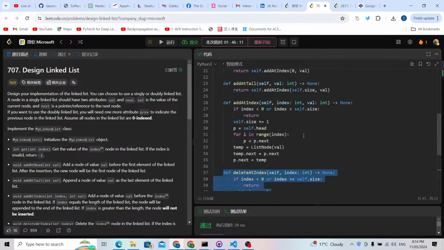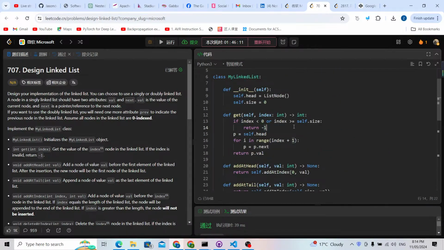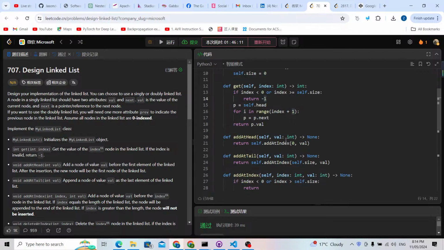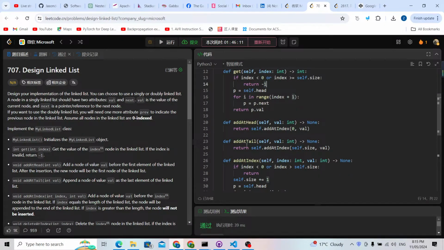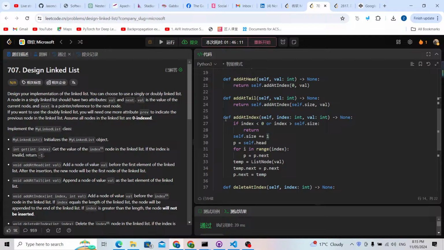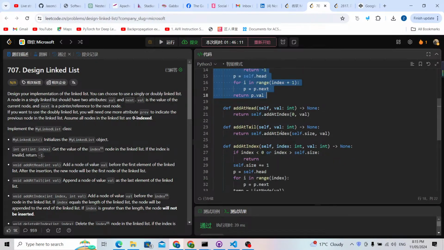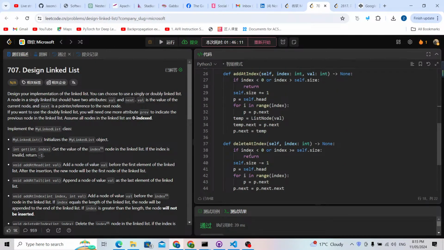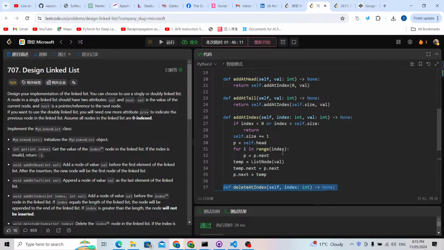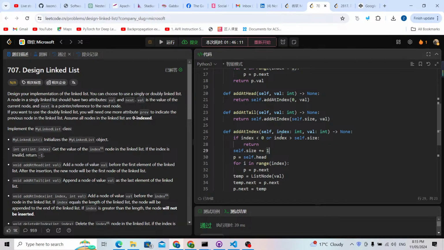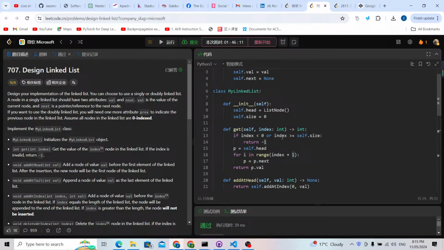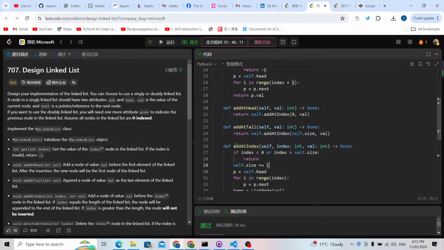So this is why for a linked list, the insertion, we can see that if we were to get an element, if it is an array, we can just use the index. But for a linked list, it's going to be O(n) time. If we were to delete something, it's going to be O(n) time. If we were to add at some index, it's also going to be O(n) time. Only if we add at head, that's just